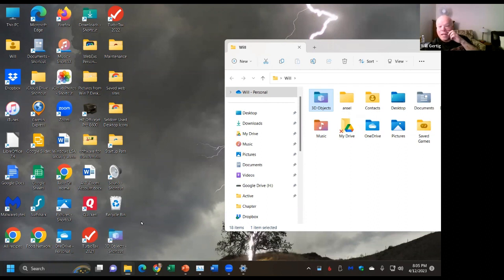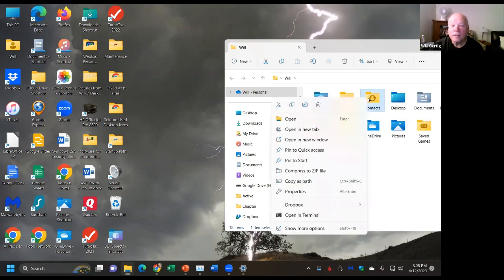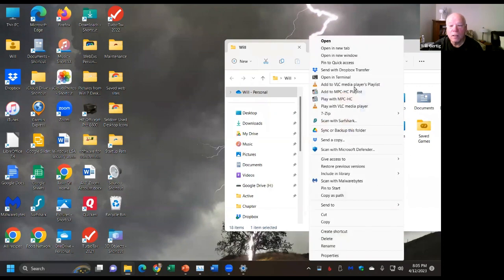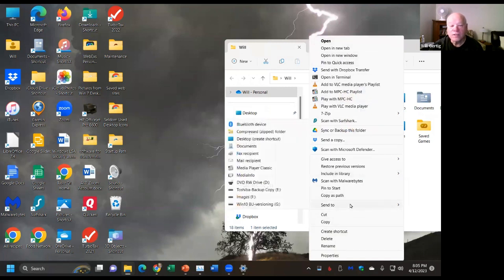Okay, how did I do that again? I right-clicked on this. I went to show more options. If you're using Windows 10, this is what you would see if you did a right click, do send to, and went up to